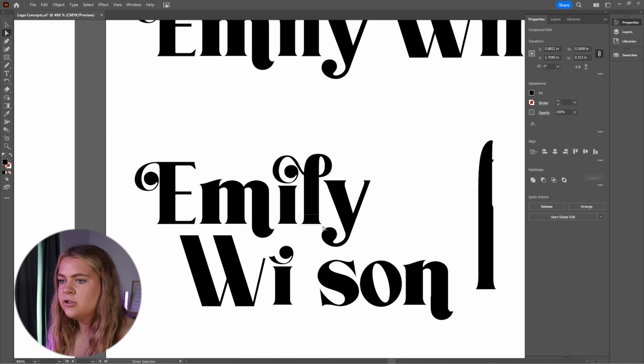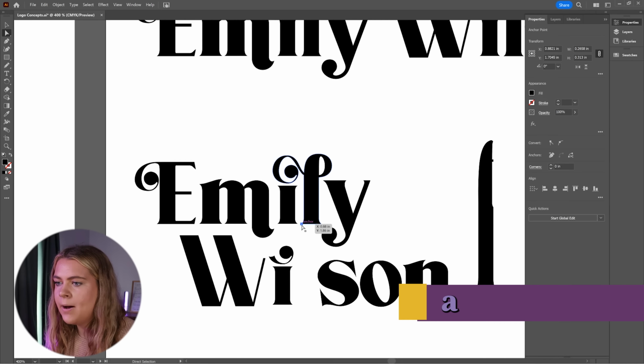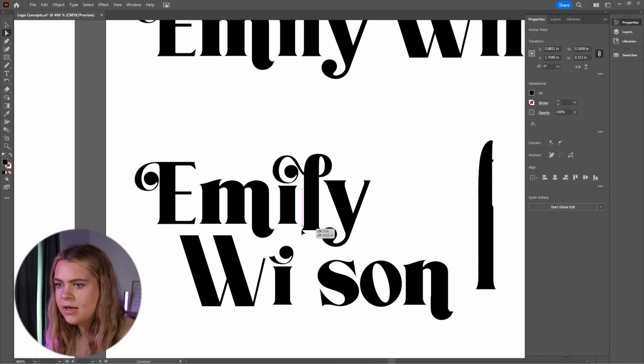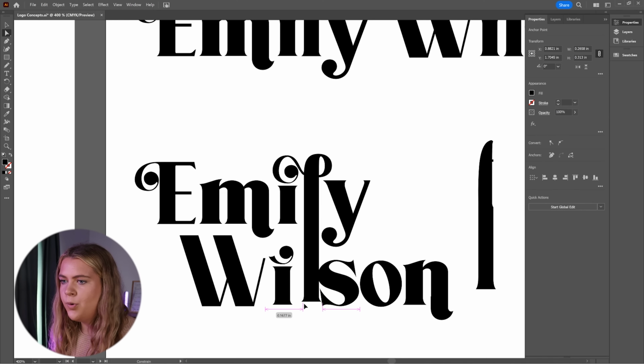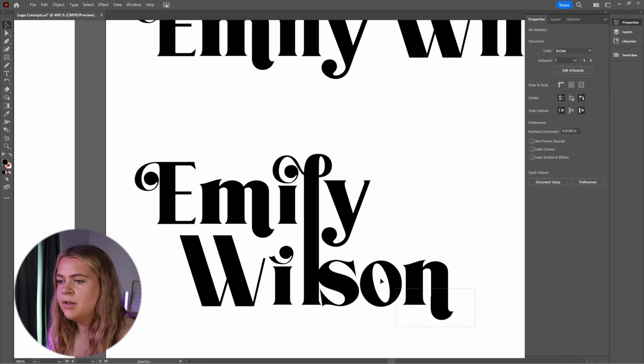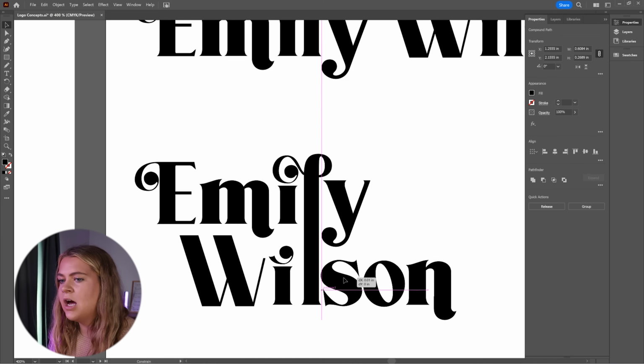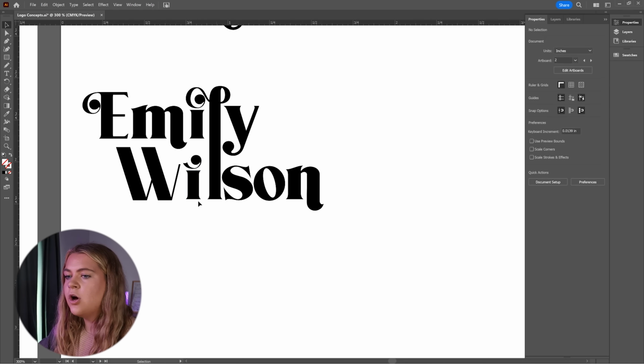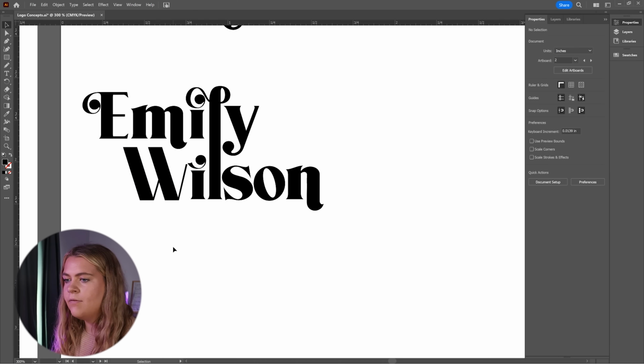And then I'm going to use my direct selection tool by pressing the letter A on my keyboard to select the bottommost points on the L in Emily. And I'm just extending those 2 points down into the blank space of where the L of Wilson was. And now I need to adjust the kerning of the last 3 letters here so that they're not touching the L. I'm going to go through and adjust the kerning on all of the letters now,